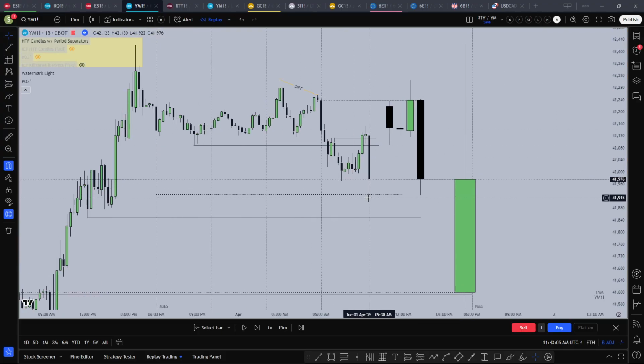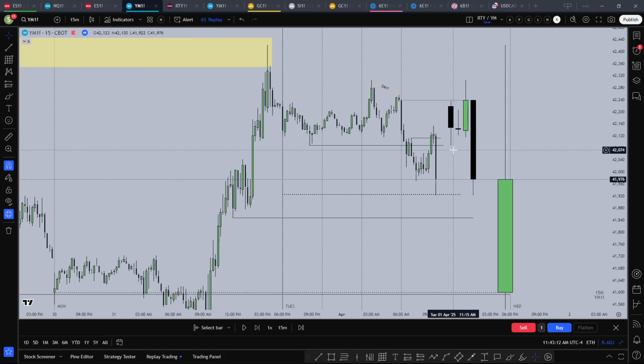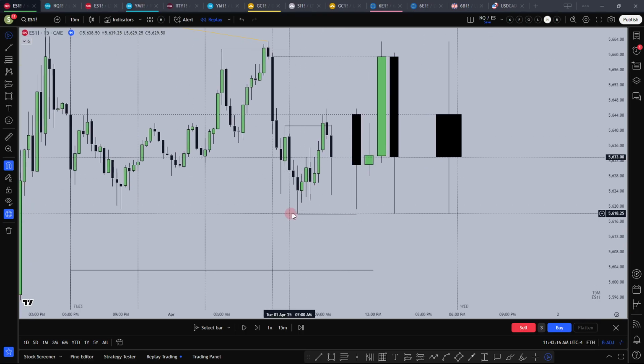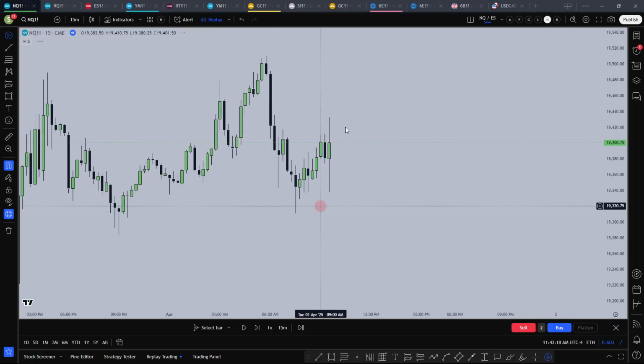So EQ being hit and price kind of respecting, kind of not. So not so much trusting these assets. I am thinking I could rather avoid the day or participate in ES still, low of the day. NQ being still bullish.